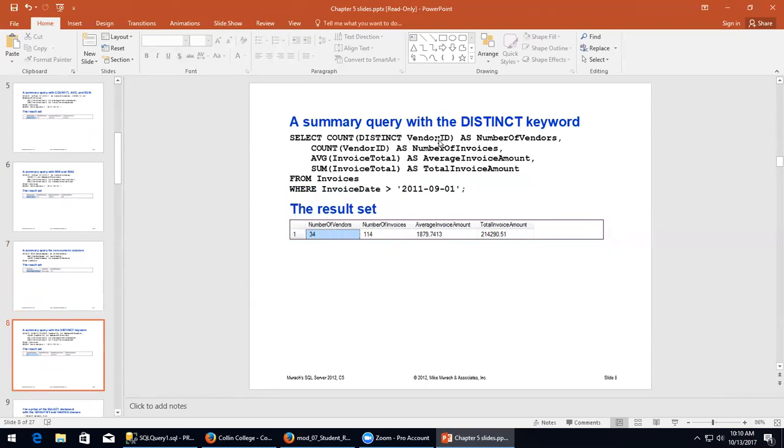From invoices. How many different vendor IDs do I have in the invoices? Now, the vendor ID is not necessarily going to be unique. There may be others in invoices. Now, if I were in the vendors table, that's kind of silly because they have to be distinct. But in the invoices table, there can be duplicates. So I know that out of 114 invoices, since I'm counting the